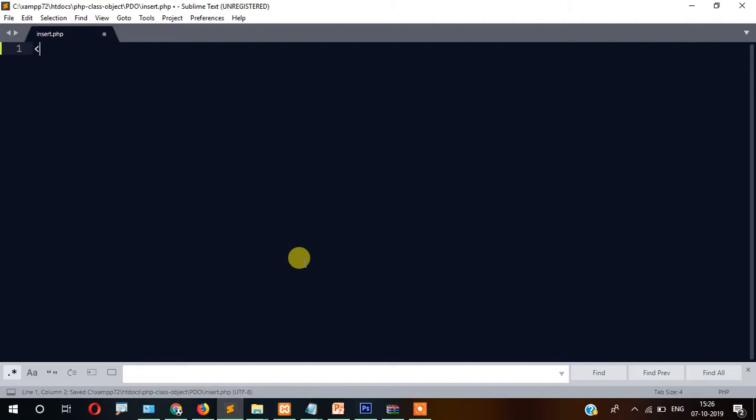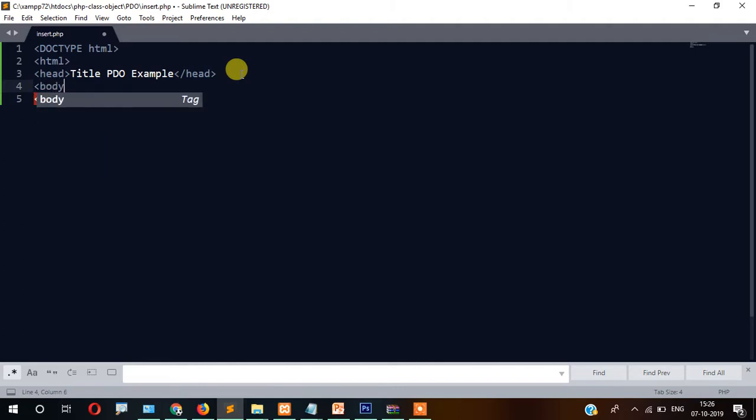So here let's start from doctype HTML, and then HTML, then HTML close. Now head, then head close, title PDO example. Then inside that we will create body, and body will be closed. Now inside body,